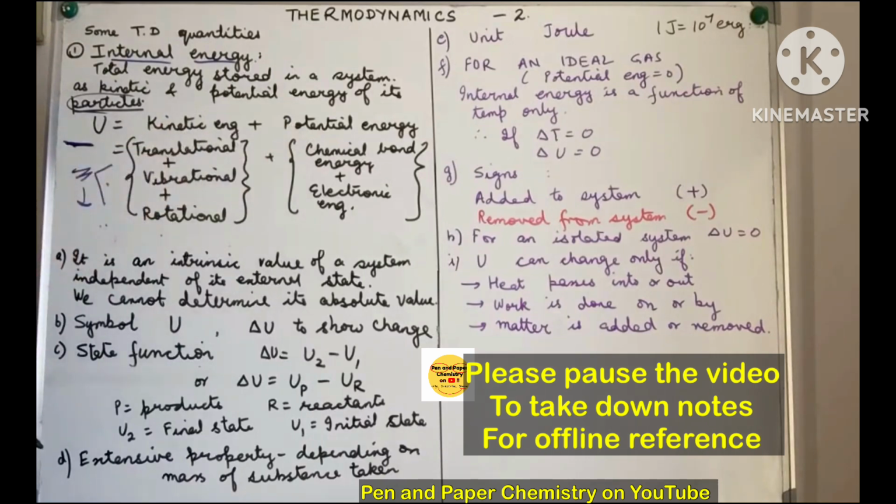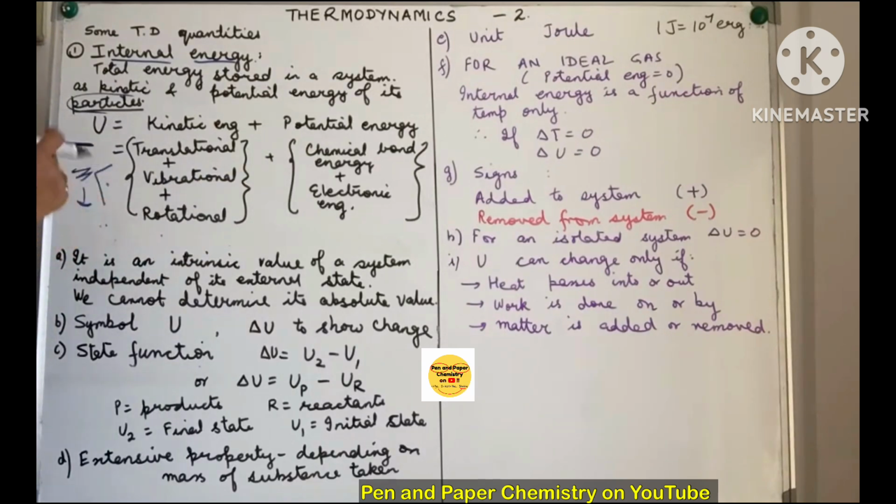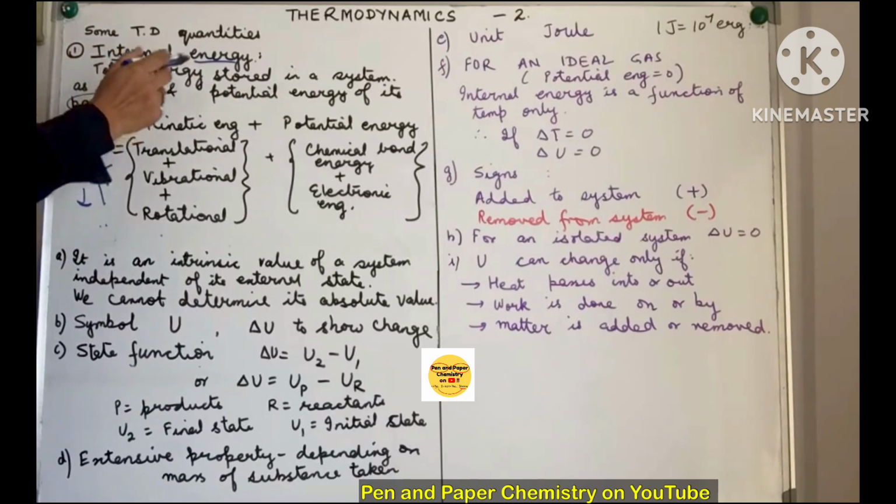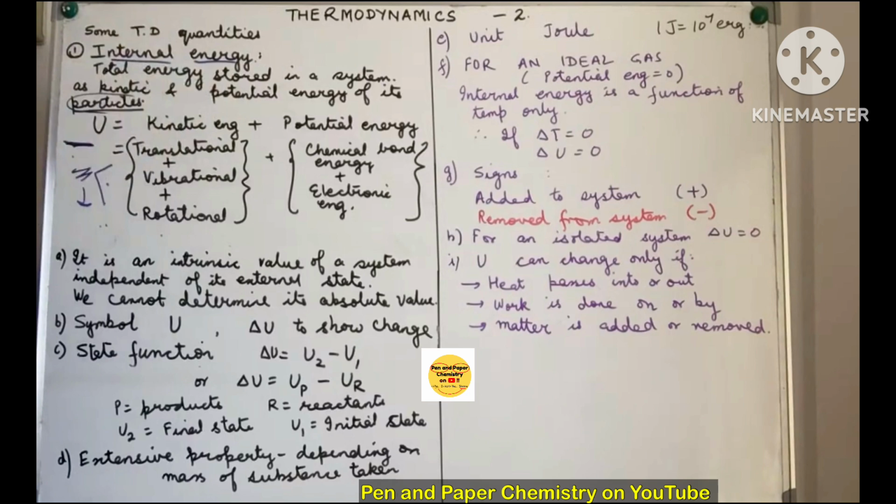Potential energy, the form of energy which gets generated due to interaction between two particles. So that could be bond energy, electronic energy, and all the other different forms of energy that we can think of. That means this is an energy associated on a microscopic level with the particles of a system. We define it as the total energy stored in a system as its kinetic and potential energy related to its